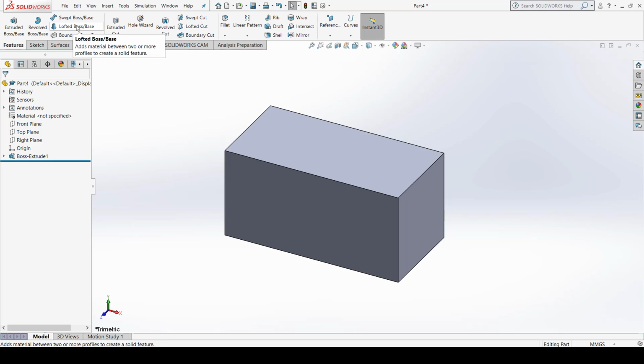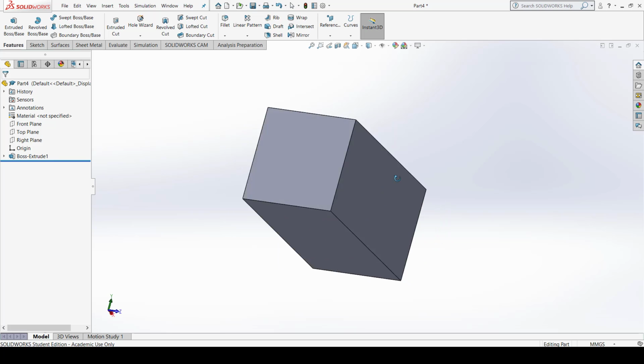In loft boss, we are adding material by joining two different sketch profiles having different dimensions, different characteristics and a variation of sketch profiles. But in loft cut, we are removing the material. We are cutting certain material from it by joining two different profiles having different dimensions and different cross sections. So let us see how we can apply a loft cut command in this blank which we created.